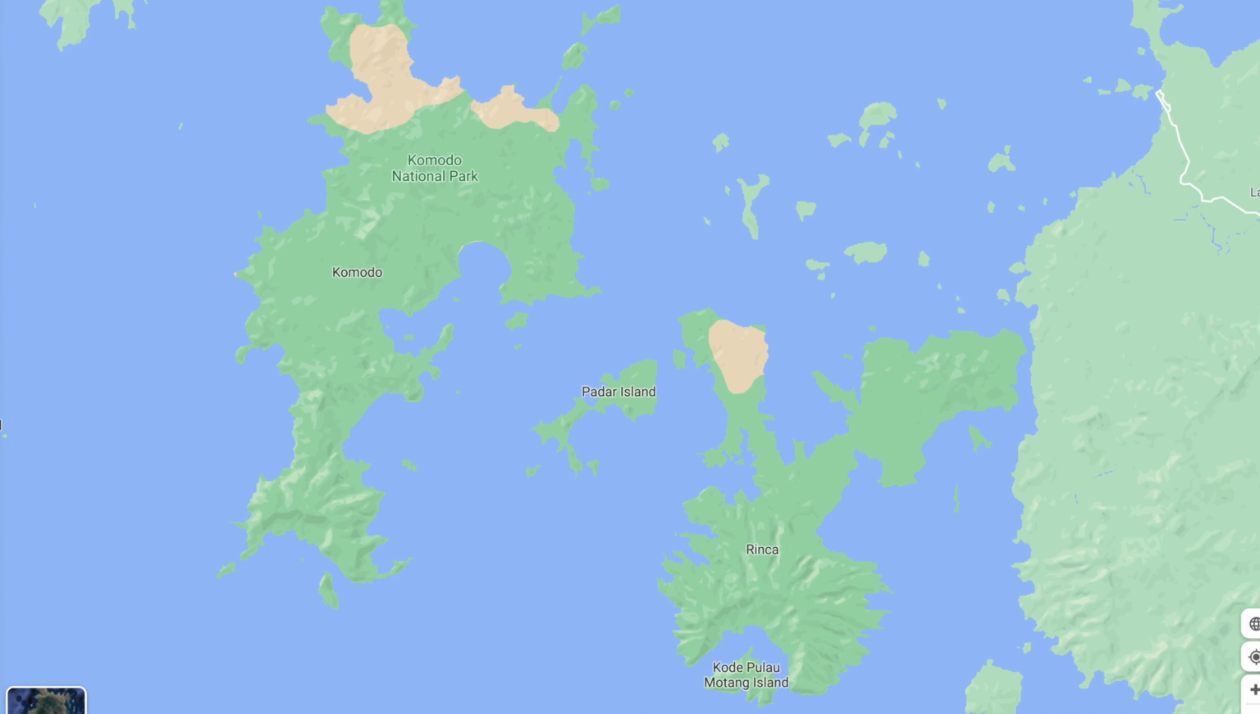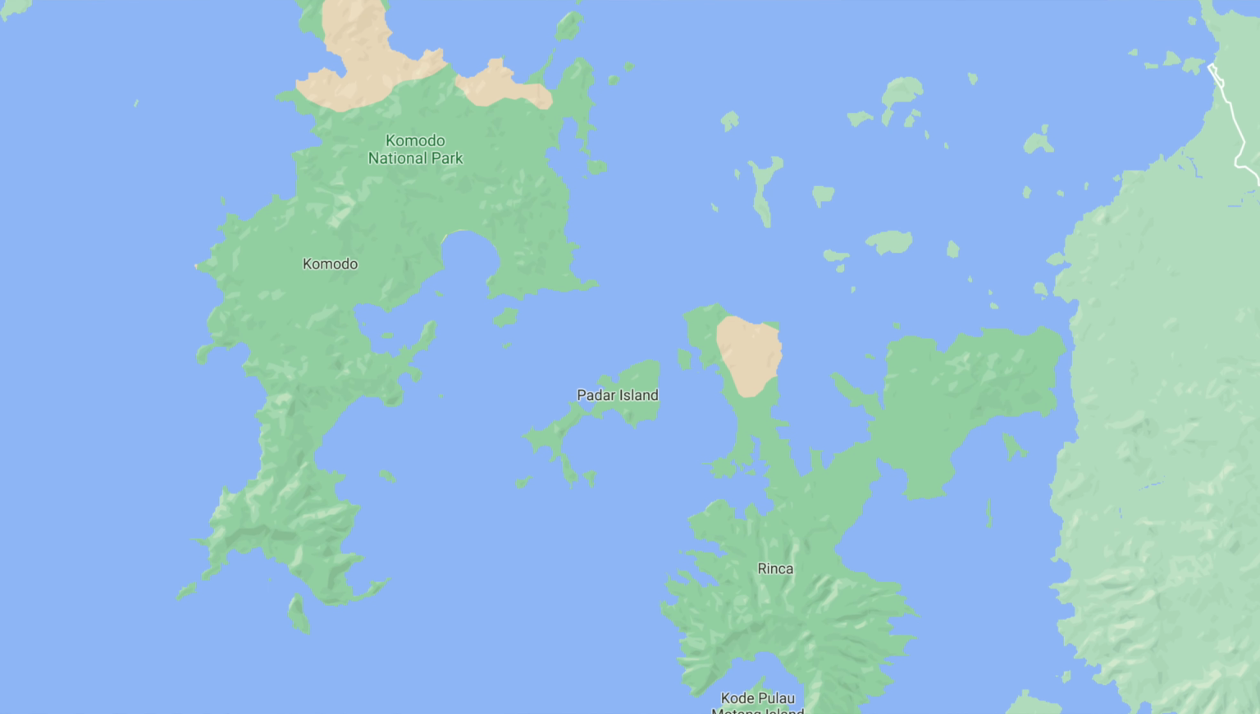Komodo dragons only live on 3 different islands in the entire world, all in Komodo National Park, Indonesia. To learn more about these living dinosaurs, check out the links in the description below and leave a like if